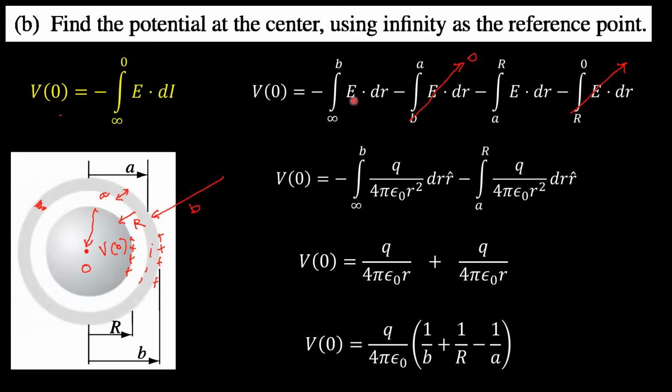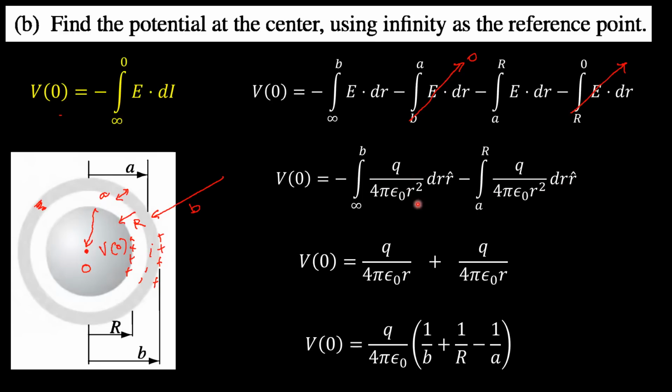The first one, from infinite to this point P, the electric field is equal to Q over 4 pi epsilon naught R squared, times R cap. This R cap unit vector indicates the direction, that's all. Then next, from A to R, because A to P is 0, then from A to R you will have this surface charge Q. So here you have minus